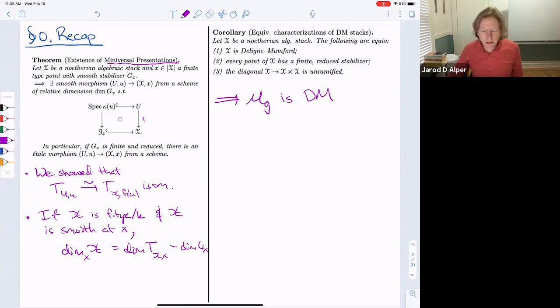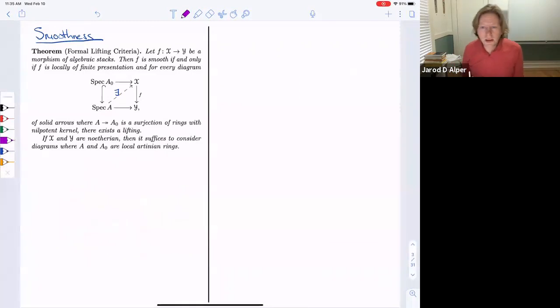Right, and then we discussed two additional notions, both of which had their own valuative criterion. We talked about smoothness, and we talked about properness. Smoothness was the following lifting criterion: a morphism of algebraic stacks is smooth if and only if for every such diagram here there exists a lifting. And then étaleness was that there's a unique lifting, unramified there is at most one lifting, but we're